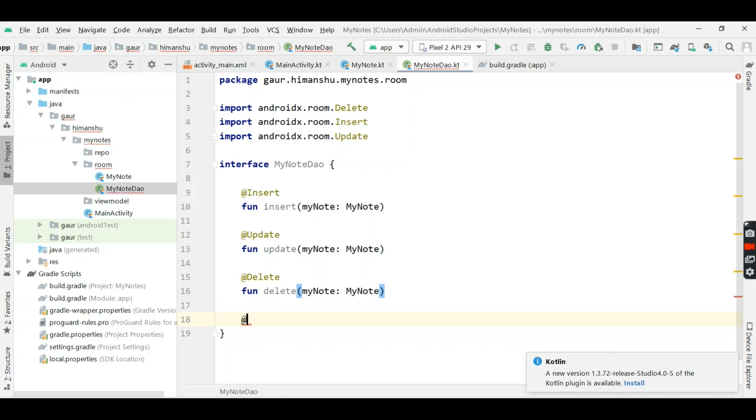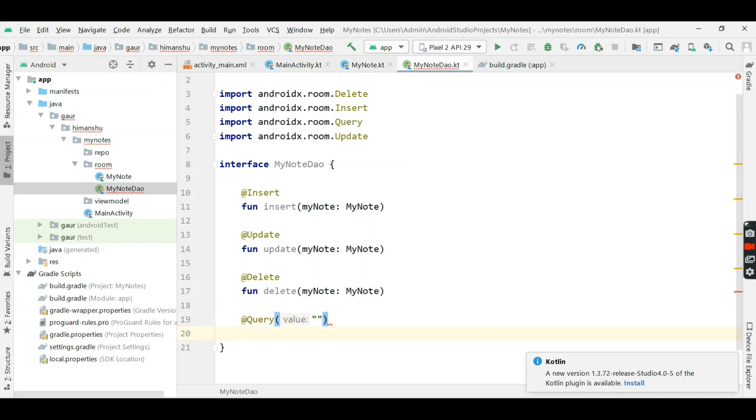Now we want to perform a query. So just press alt enter and name it getAllMyNotes, and it will return a list of MyNotes.